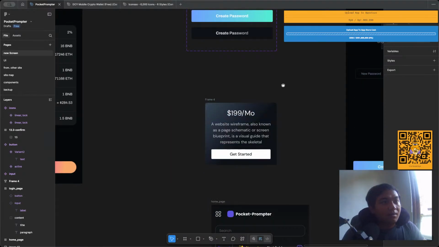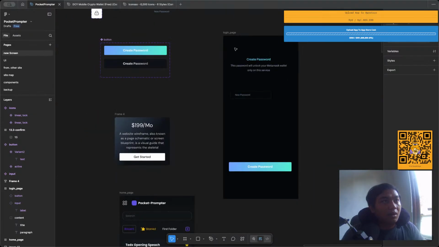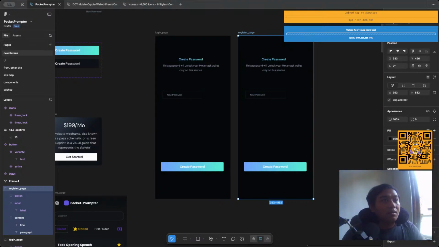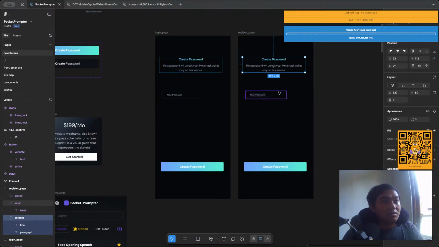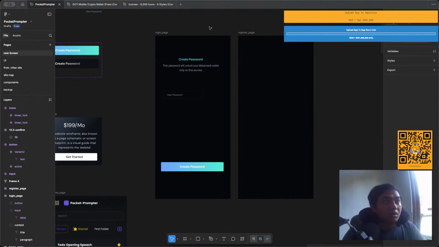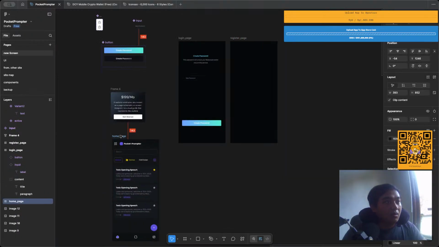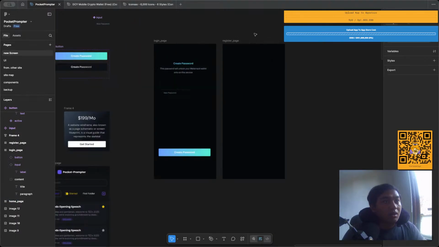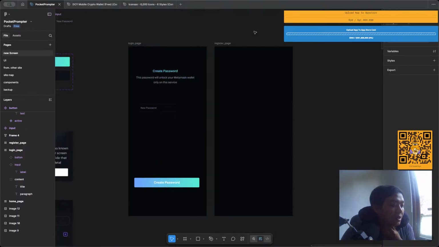So next, okay, other than the login page, we also need a register page, of course. Register page, I'm going to leave blank, making sure that we will create it later on. So we have a target today of making every page that we need. Okay, the next one, I think